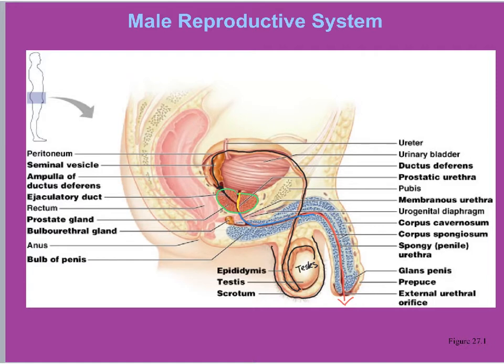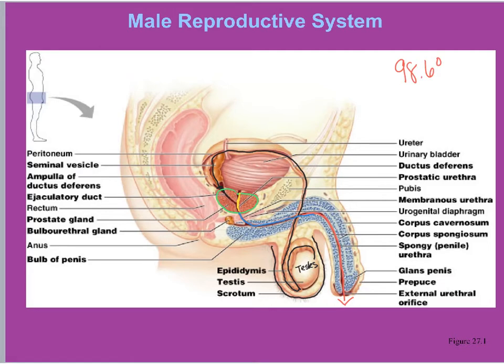So it seems like kind of a redundant system. Why have the sperm made outside of the body only to go back in the body to get out of the body? And one of the reasons for that is that sperm don't have the ability to grow properly or develop properly